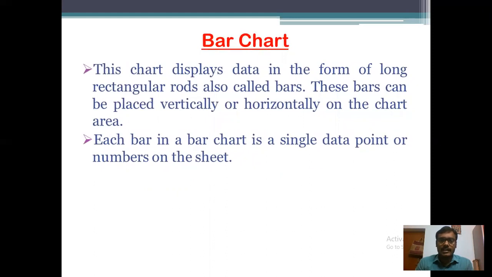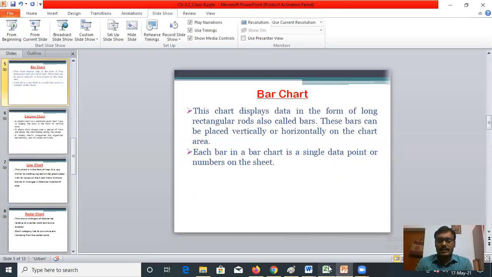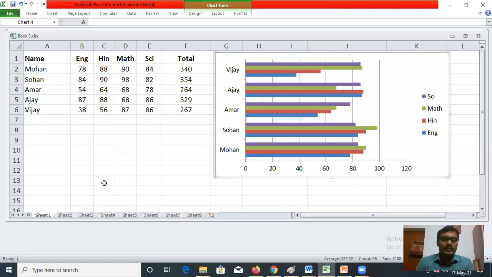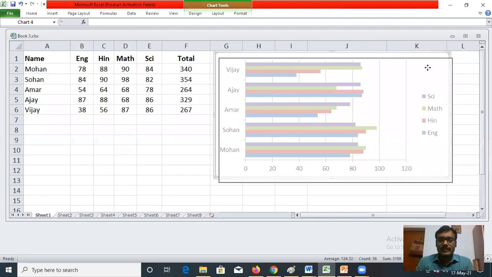First one is bar chart. What is a bar chart? This chart displays data in the form of long rectangular rods, also called bars. These bars can be placed vertically or horizontally on the chart area, and each part in a bar chart is a single data point or number on the sheet. You can see with the help of an example. So in this figure, you can see this is the bar chart,